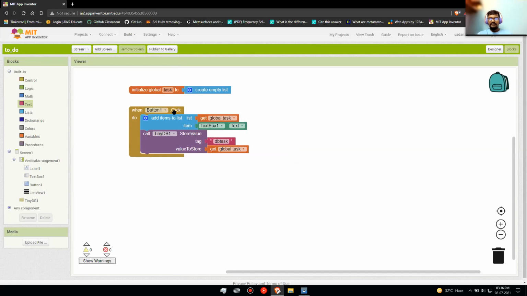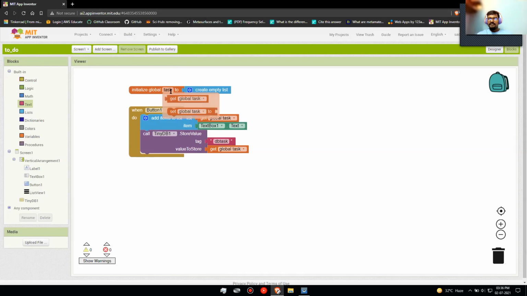Wait a minute, when I'm hovering over initialize global task, nothing comes. Try hovering over task. Okay, it comes. So now you can get global task and snap it in value to store.